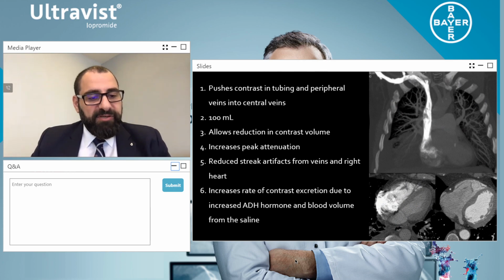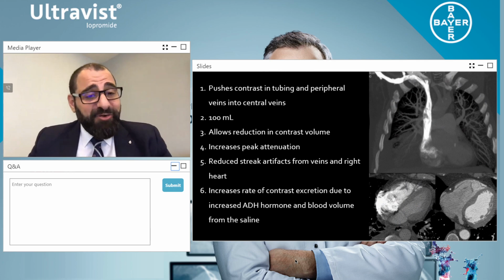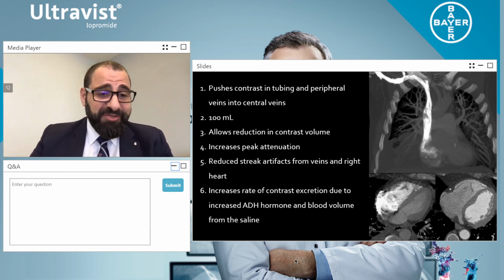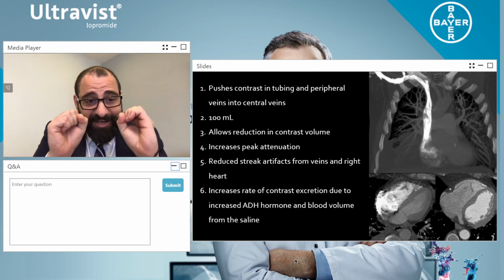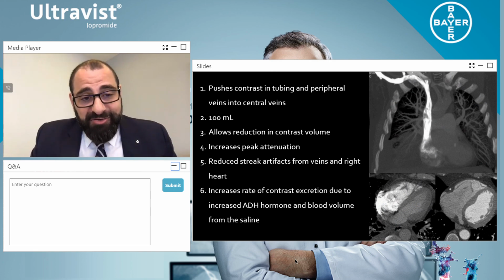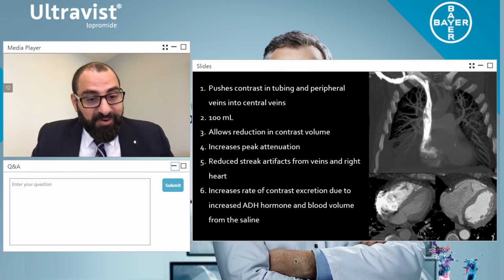Now, I have a person who says, Rasha Itani, do blood lipids affect contrast enhancement? Fantastic question. When you're doing liver imaging, there are a lot of patients that actually have liver cirrhosis. And so what happens is the vessels, they actually get small and they start to shrink. But I don't have to worry if I have contrast UltraVis 370 because it moves like blood. It's the only contrast media on the market which can move like blood, and it's able to actually get through those smaller vessels. This is more important.